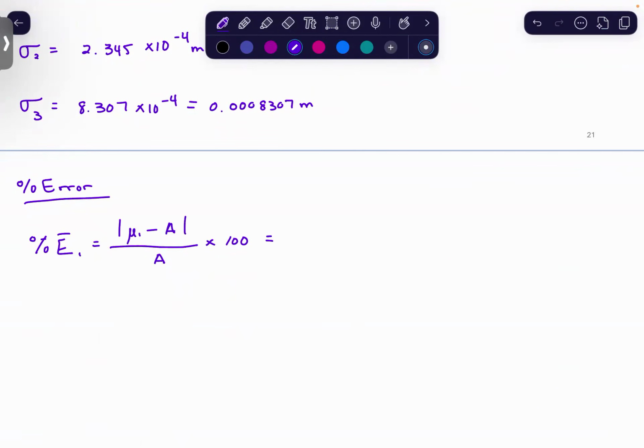So what we're going to have here is our absolute value, 1.4716 minus the actual value, 1.4715, divided by the actual value, 1.4715, times 100. Student one has a percent error of 0.0068%. All right. Now, as you were doing the calculations for the standard deviation of student two and student three,